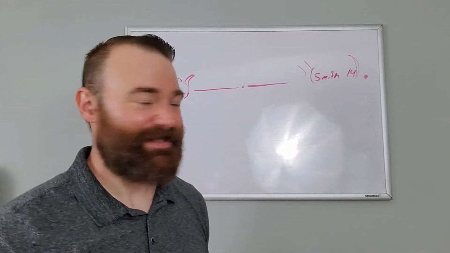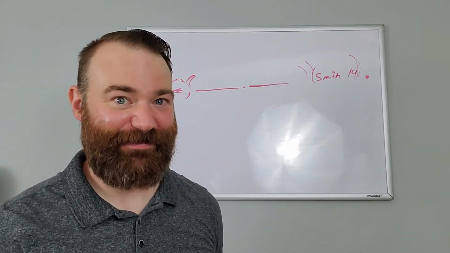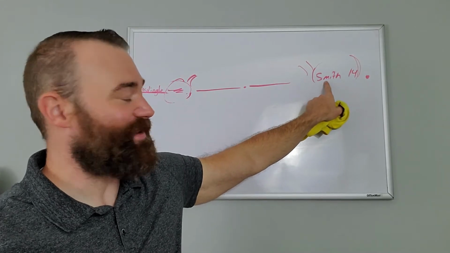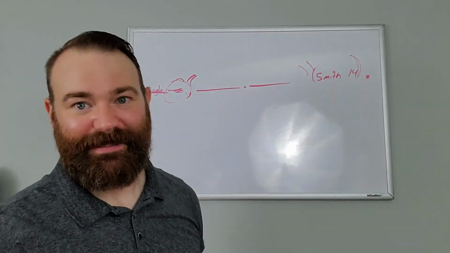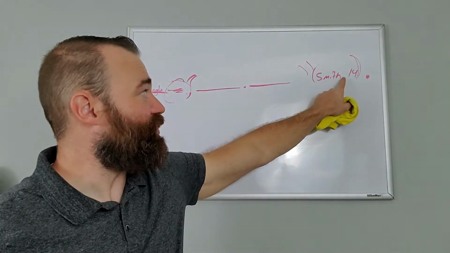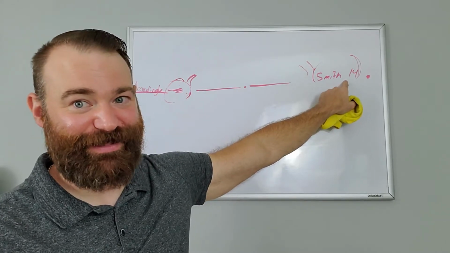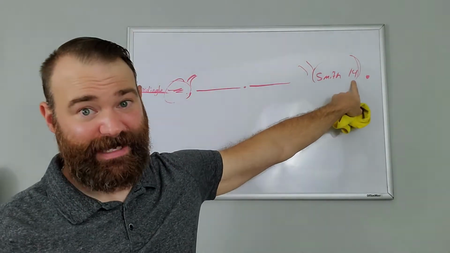Now, you'll notice that I have Smith and then I have 14. The page number's always got to be there. Now, Smith is the first thing and then the page number. It's always the author's last name and then the page number. Now, there's no punctuation or dash or comma or anything here. It's just a space between the author's last name and the page number.